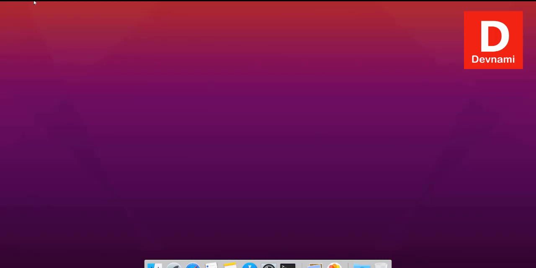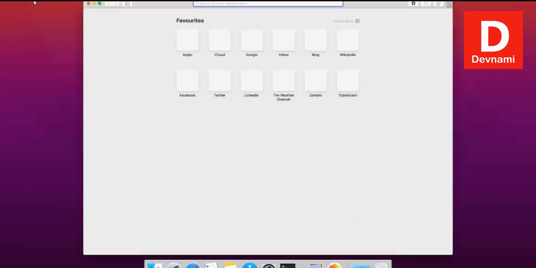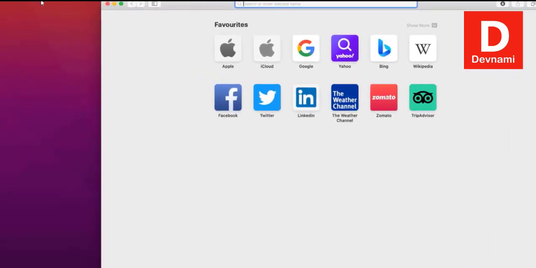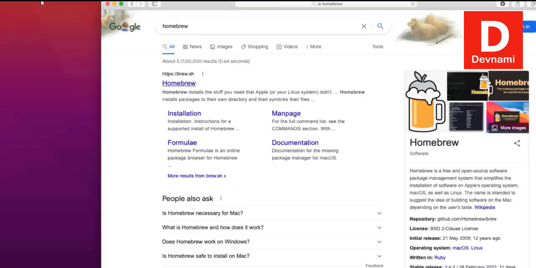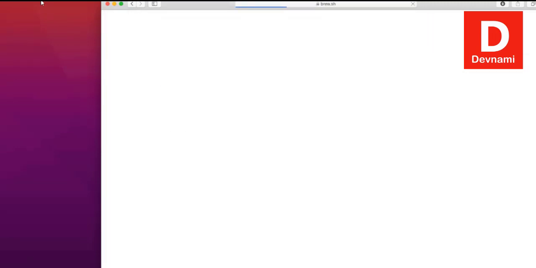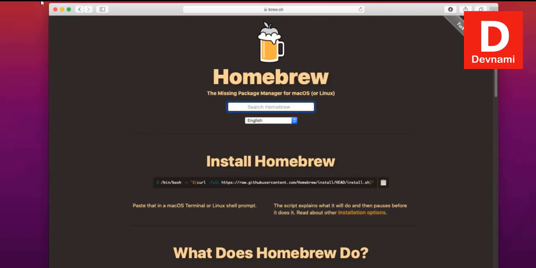Okay, so let's take a look at how you can install Homebrew. If you go to Safari and search for Homebrew, it should land you on the website that looks something like this. Right now, before we install this, we'll first have to open our terminal,